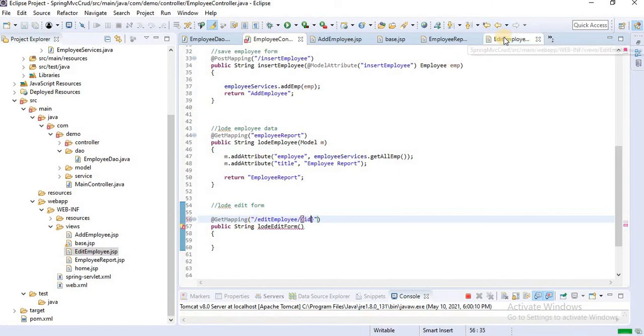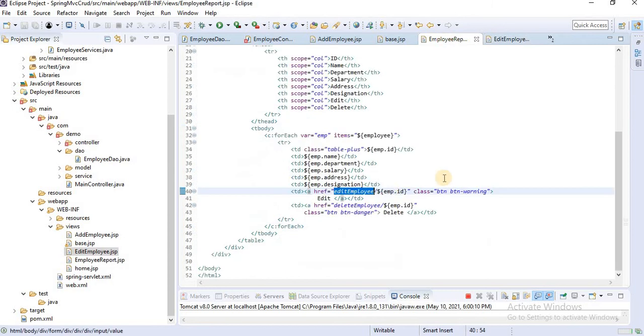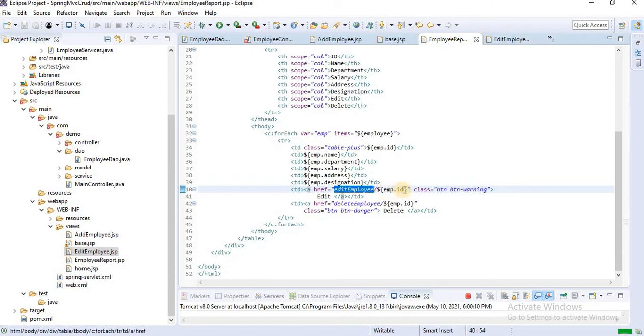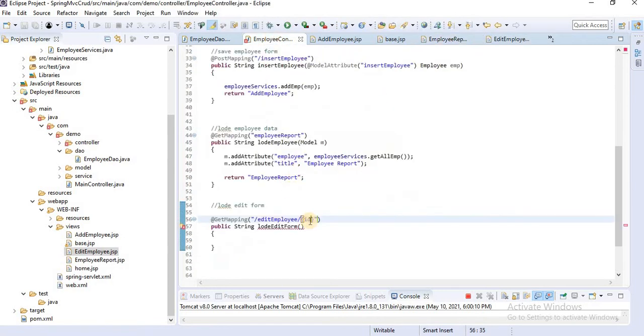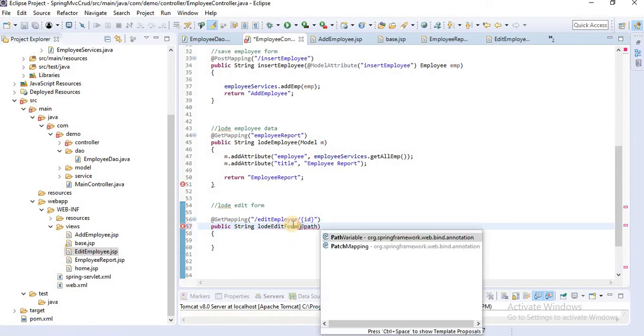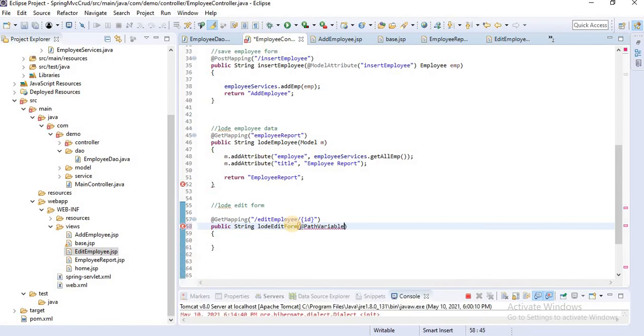Let's check edit employee. Okay, edit report. Here we are also passing the ID. Let's get that ID. For getting the URL value, the URL parameter, we have the PathVariable annotation. Let's add value equal to id and then long id.